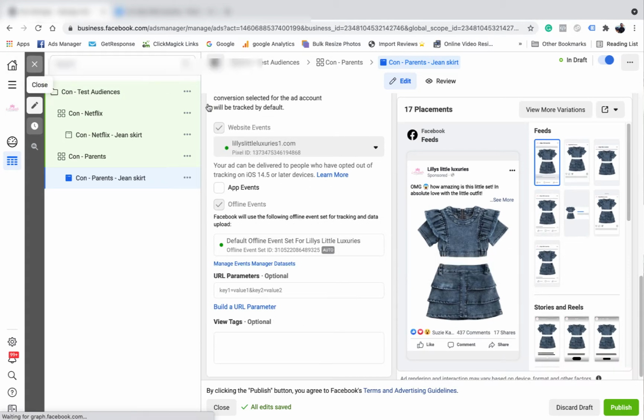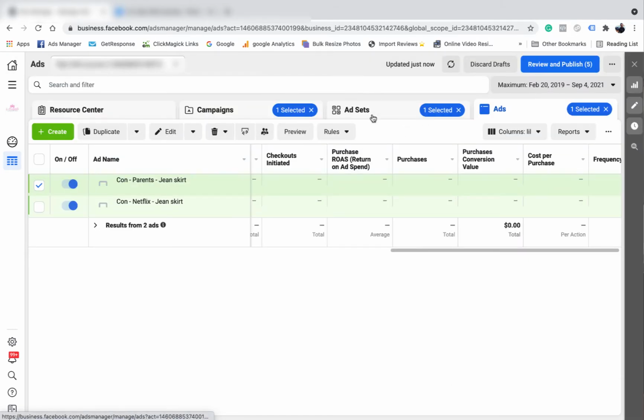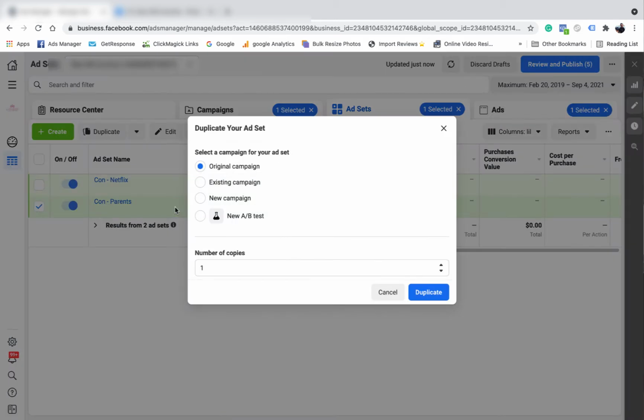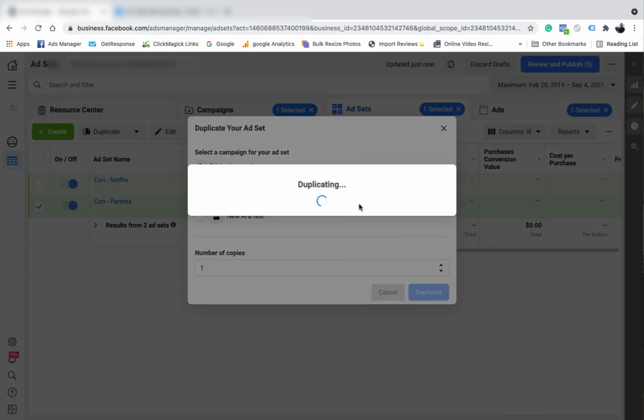So we want to exit out of that. So now we've got two ad sets. So still only the one campaign. We've got two ad sets, one targeting Netflix, one targeting parents. So I just want to duplicate it again. And let's just say that I want